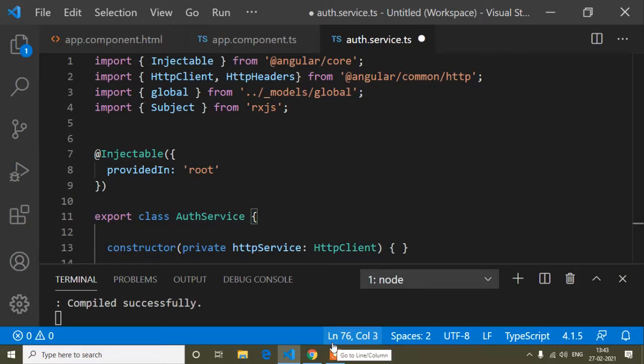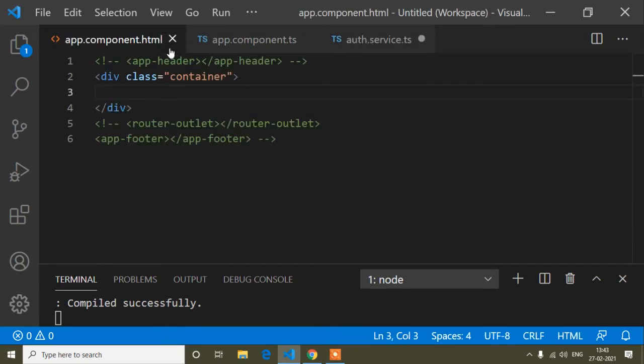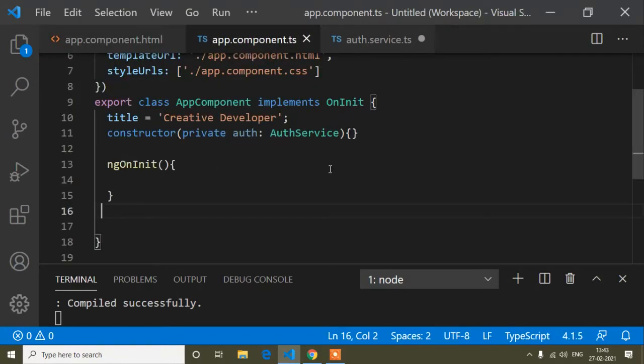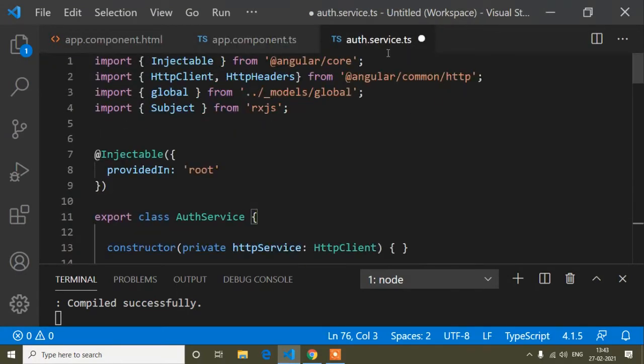Okay guys, now I will show how you can do that in your code. Here you can see I already opened my code editor, and in this code editor we need three things. First of all, the component where I want to make a drop down. I have opened the app component.html file, that is the main component in our module, and in this main component I will create a select option for cities and states. And in the ts file I will add the function, and the main thing, that is the service.